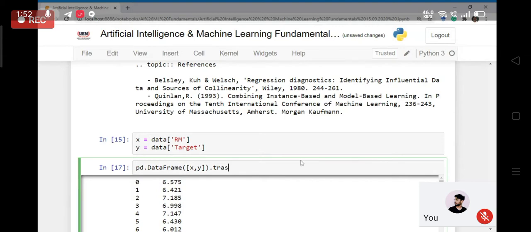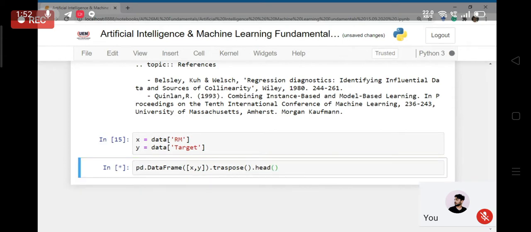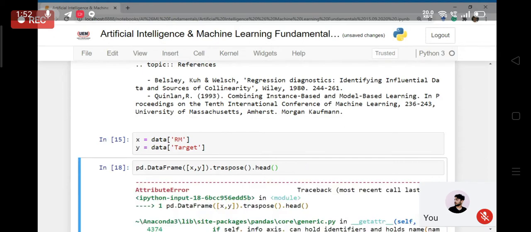How do you transpose it? There is this function transpose that will transpose this data frame, and after that I can print the head of that data frame. Okay, I think I'm getting some error. Let's see.